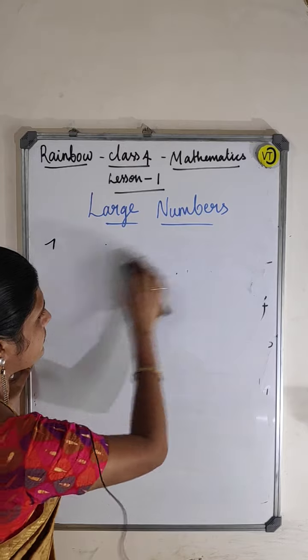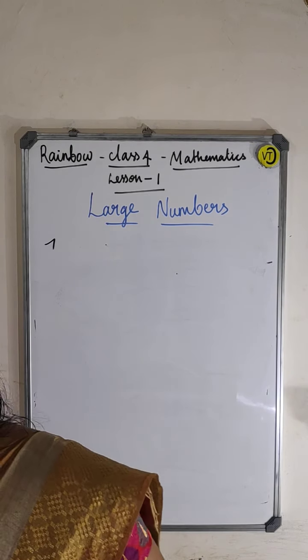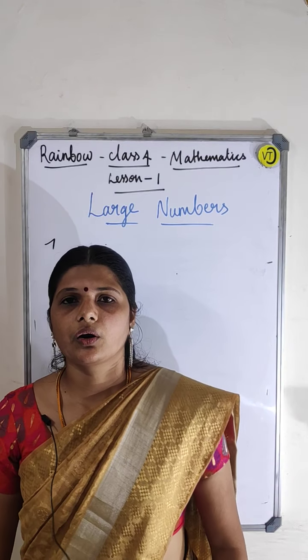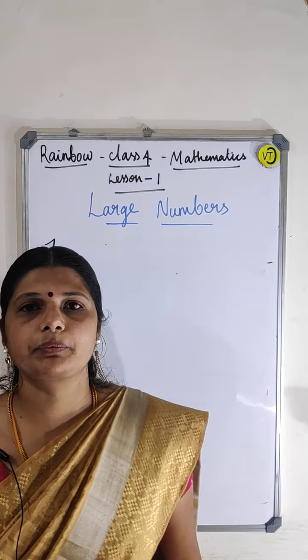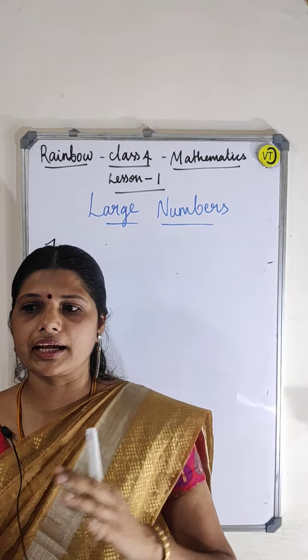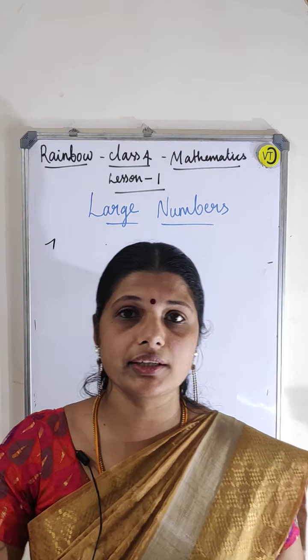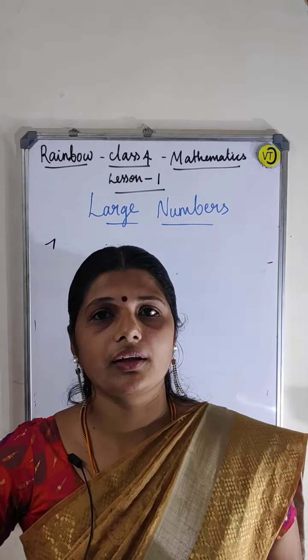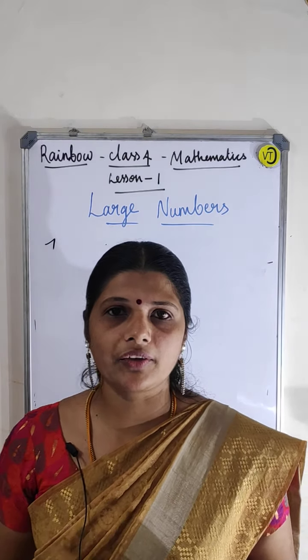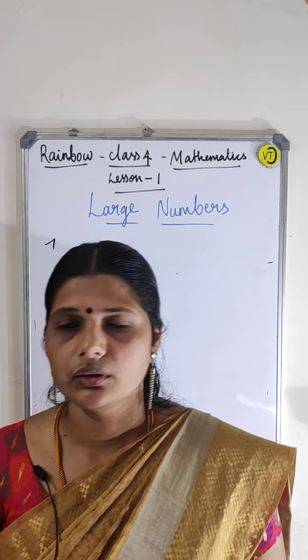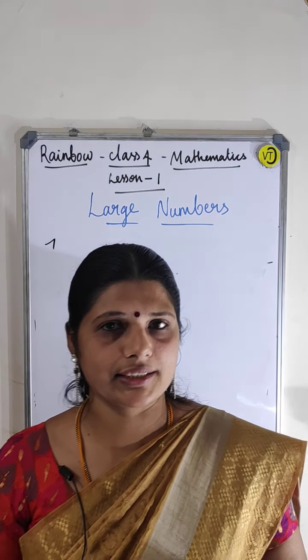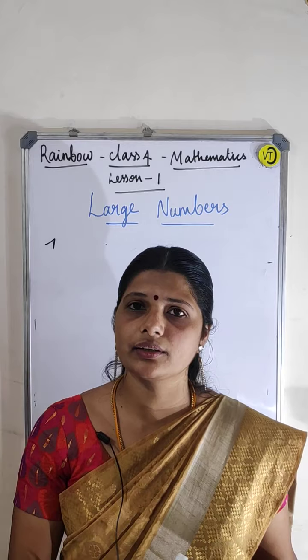Then next one is ordering of numbers. The numbers can be represented from the smaller to bigger, which is ascending order. Smaller to bigger is what? Ascending order. And bigger to smaller, it is descending order. Already you have learned this in the lower classes. Okay, now I will tell you how to write the ascending order and how to write the descending order